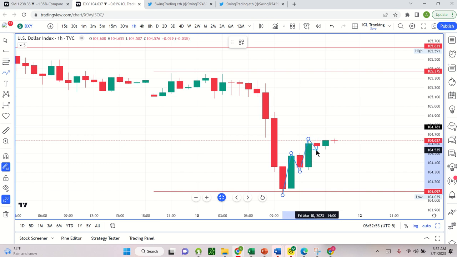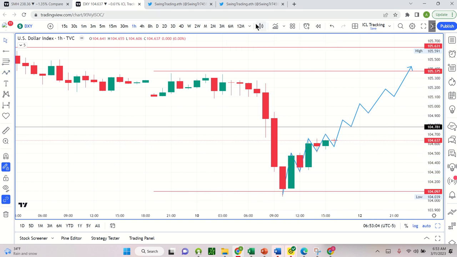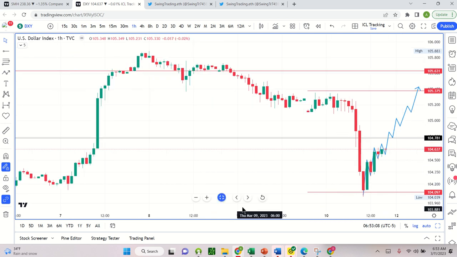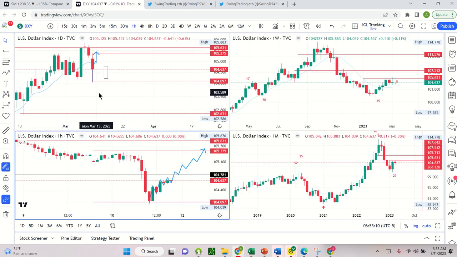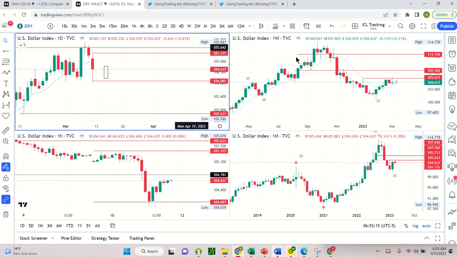Price action always starts at the lower levels. I mean, if you think about it, it makes sense. You can't have an uptrend on the daily chart until you have an uptrend on the hourly chart. That's where it starts. And so we're going to have to see where this thing goes. Obviously, it could be building up for another lower high. You always have to think about both sides of the potential.